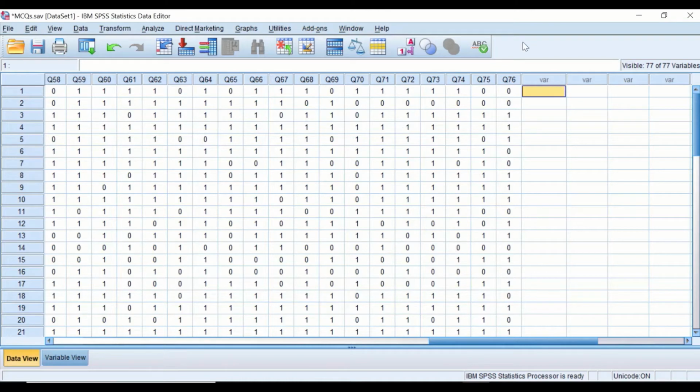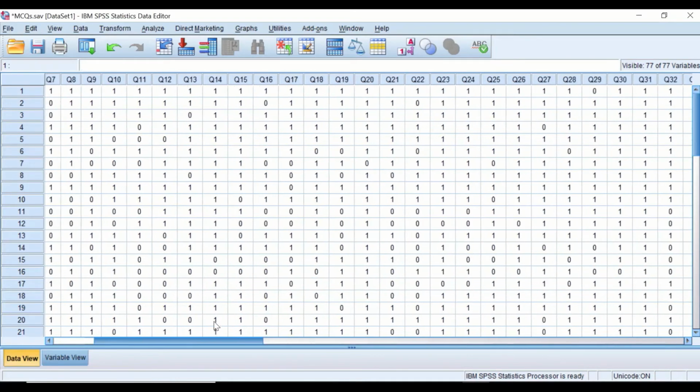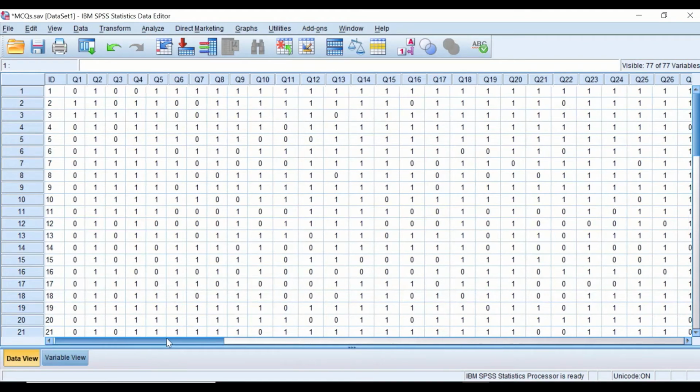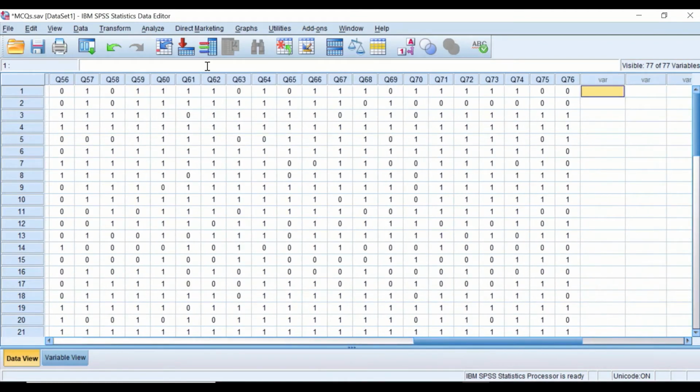We are going to calculate that in percentage. So we're going to add all the scores or the values for each of those 76 questions for each individual student, add them together, divide them by 76, and then multiply them by 100. The way to do